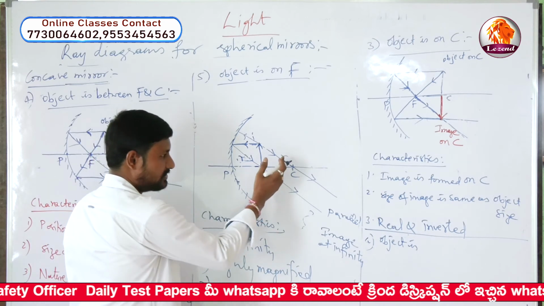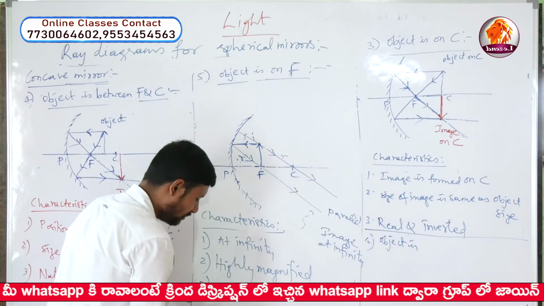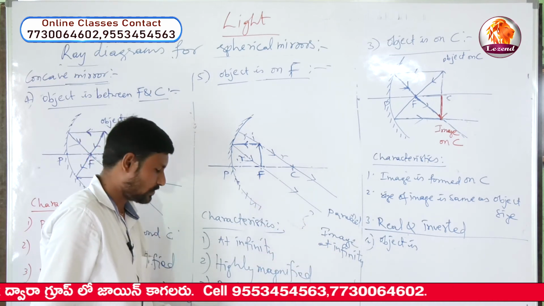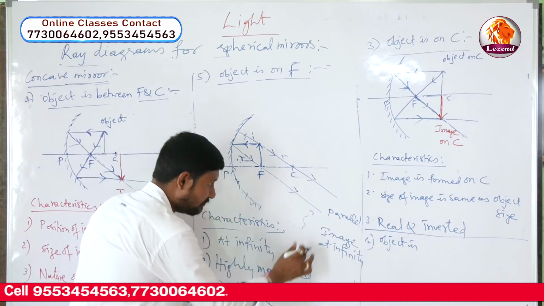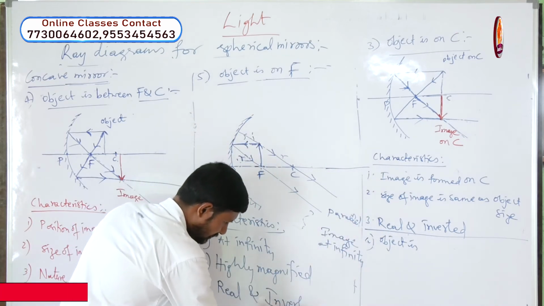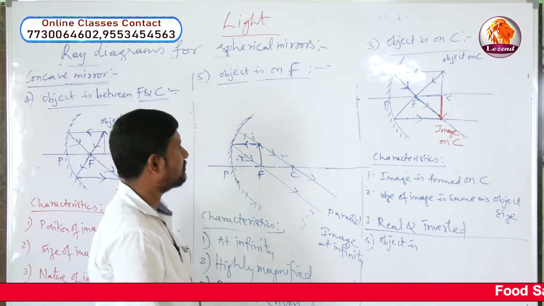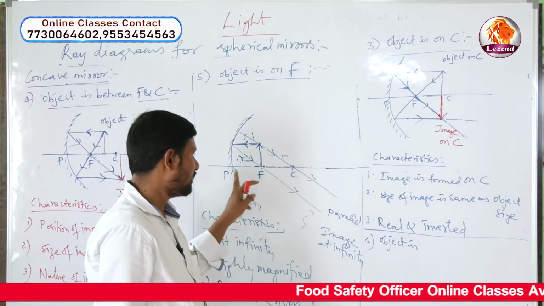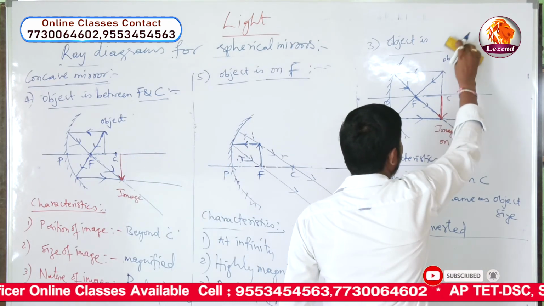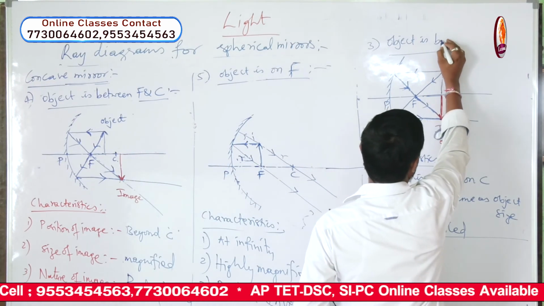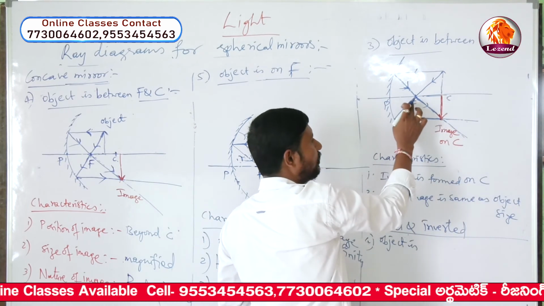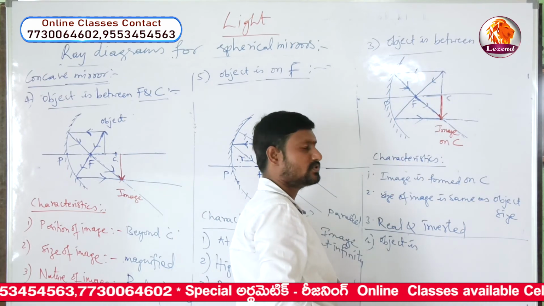Next, number 3. It is also formed in front of the mirror only. So where image is formed, if you know, we can catch it, but we don't know where it would be formed. So it is real, and it is also formed below the principal axis only. Hence it is inverted. Real and inverted. And the last position is when the object is between F and C. That is one of the important cases here now. Let us see now. The image is between P and F, which means pole and focus, or mirror and focus also we used to say sometimes.